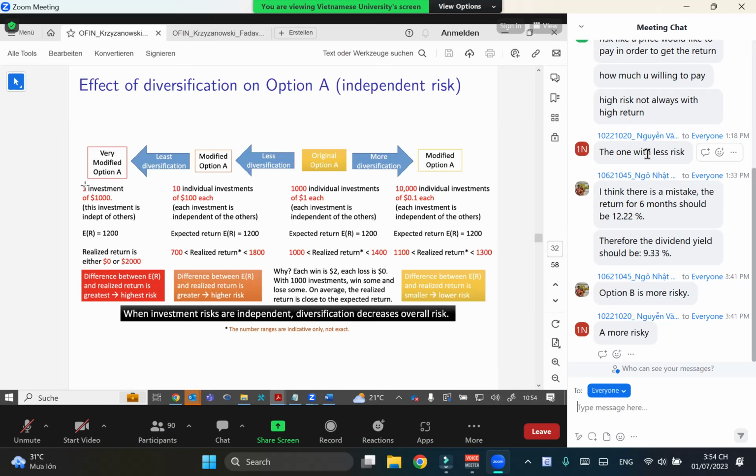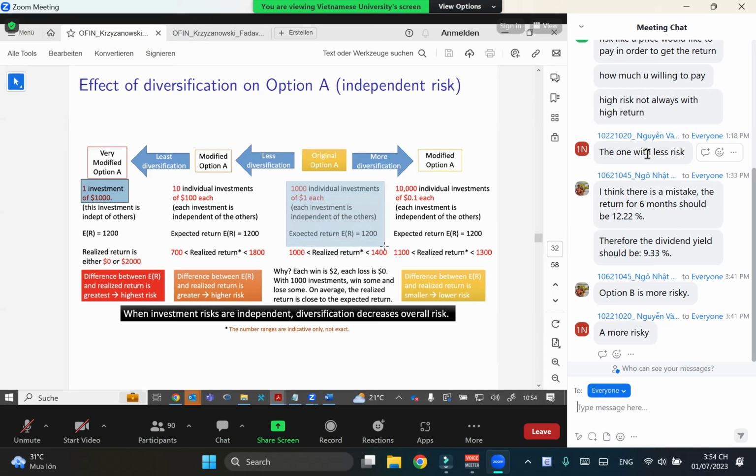Option B was we have one investment. So we no longer have 10 individual investments of $1 each, but we have one investment of $1,000. To make the storyline clear, we started from option A where we had 1,000 individual investments, each of $1,